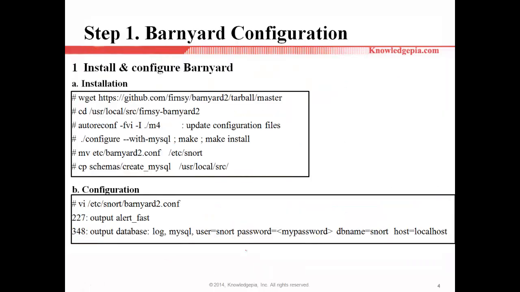Okay, step 1, Barnyard configuration. At first, install and configure Barnyard. For installation, please download here. After that, in my case, I will extract the source file in this directory. At first, I will use this command, autoreconf